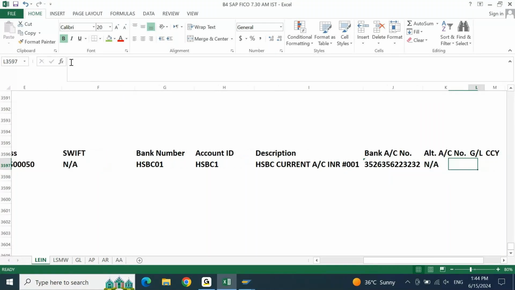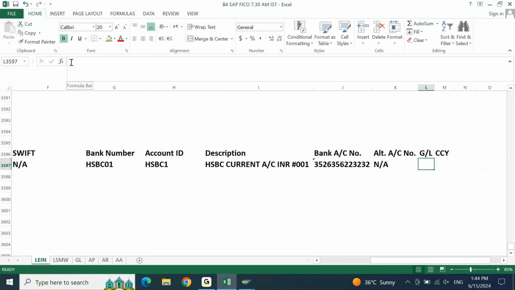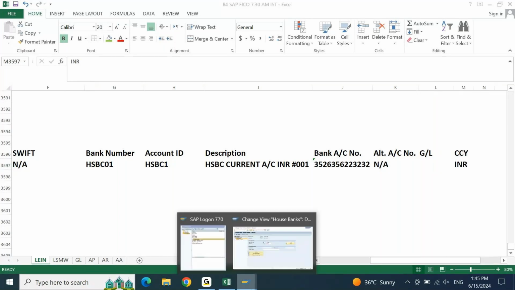And then GL account number, we need to make sure one GL account number will be allotted for this house bank. This we will see based on the GL availability. Currency, the account currency is INR here. Next thing, to allot one GL account number, what I'll do, I'll go